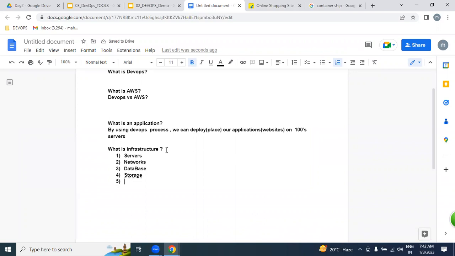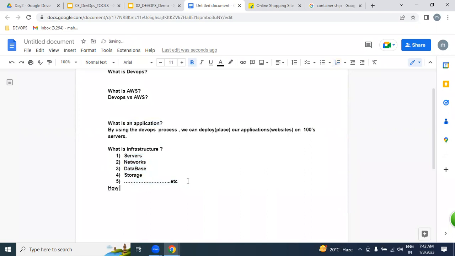And so many more. So with the help of this major infrastructure, we are going to be deploying our websites very easily.